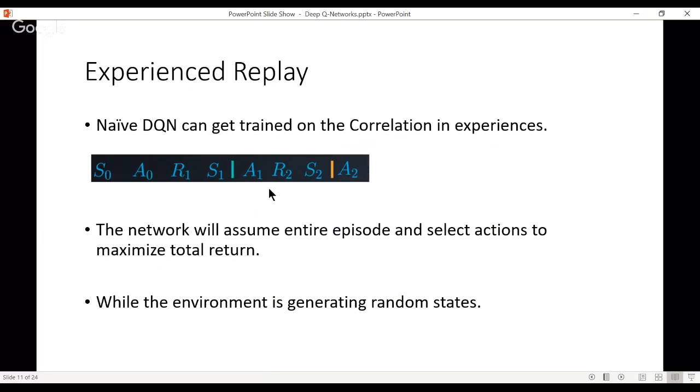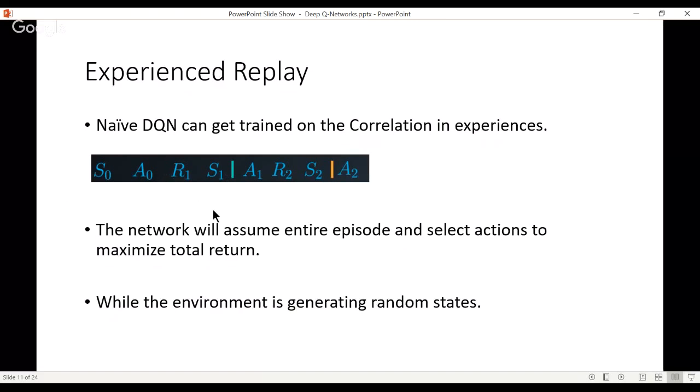So the network will keep making mistakes, and it won't fulfill the task it was trained for. So the problem is that the network assumed the whole episode, and then it led to some correlations that given this state and action, I will get this exact S1, and then I will take. So the network created this correlation,